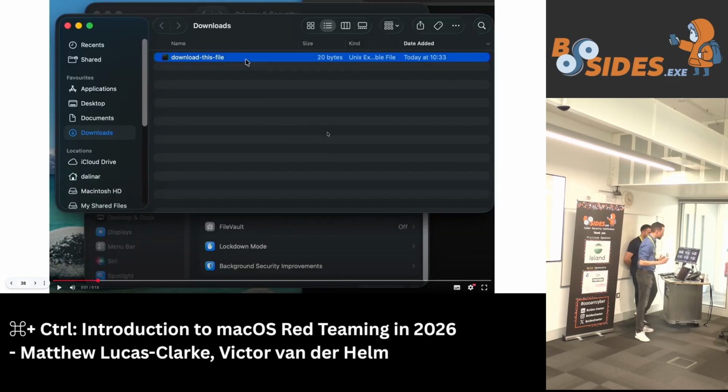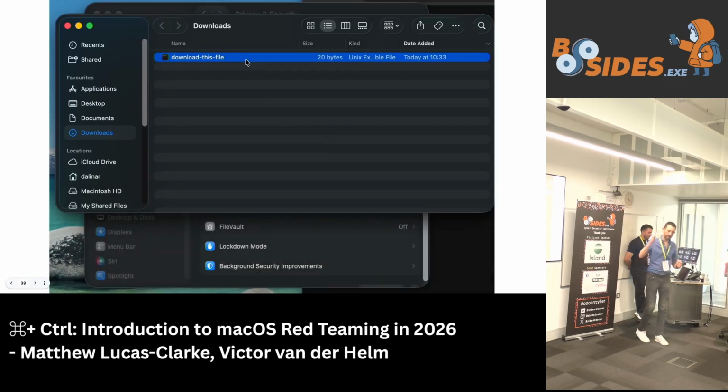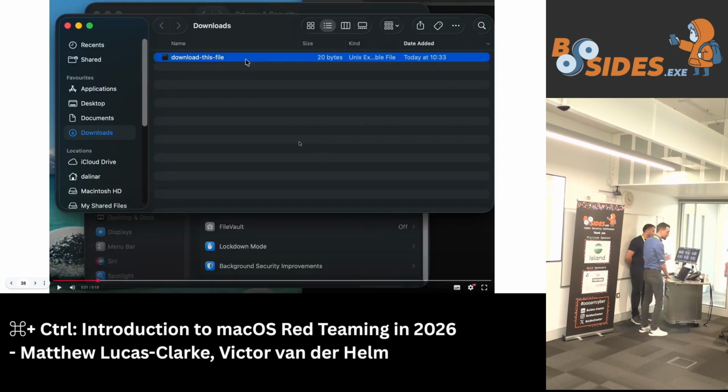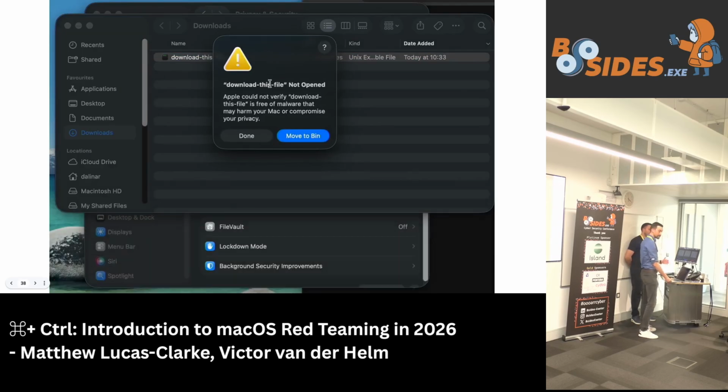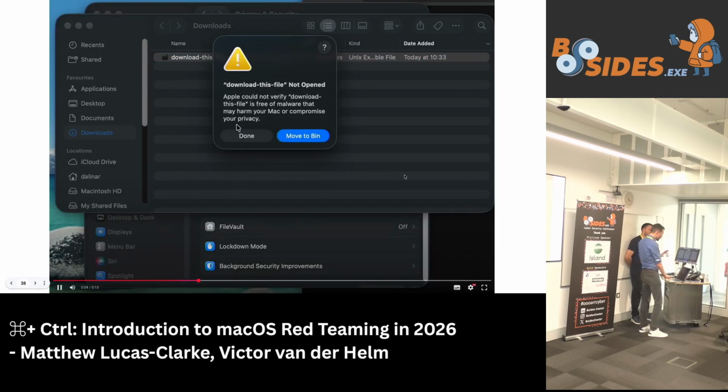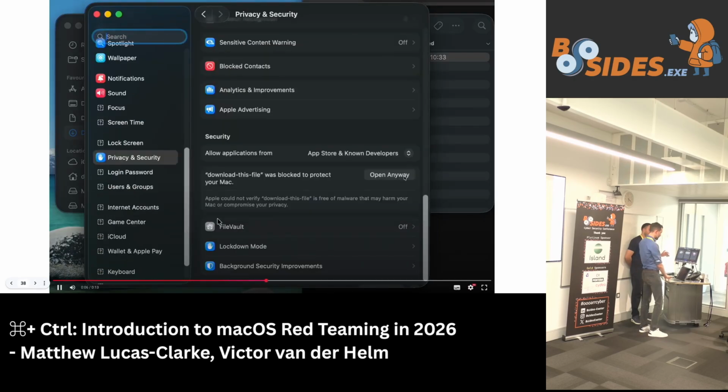What I'm going to show you is what the equivalent flow looks like, what they've replaced right-click run anyway with, and just how hard it's going to be for you to get your target user to do this. So if you've got your user to download the file, they double-click it, they see they can't run it. What you then need to somehow convince them to do is go to the settings application, go to privacy and